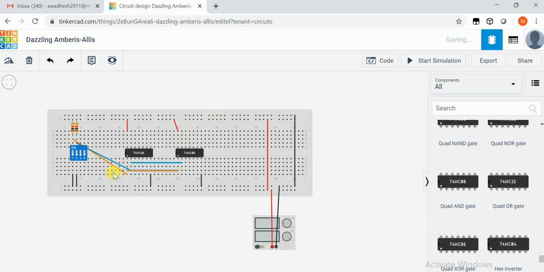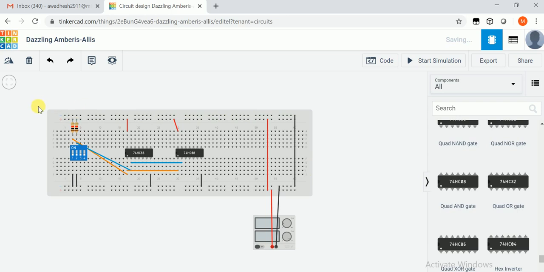Now these two inputs are same now. This input coming from this pin 1 is connected to the first pin of 7486, and this is also shorted to the first pin of 7408, that is AND gate, similar to the second, this blue line. Now I think input connection we have given correctly.